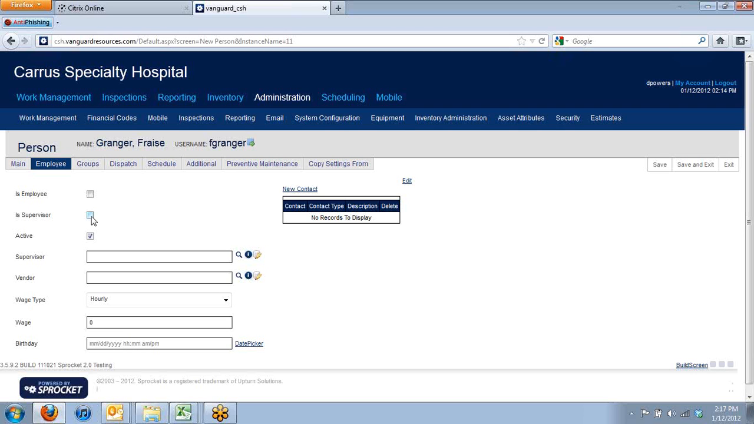But I'm also going to mark him as a supervisor. You can check supervisor, and then if you want to put who his supervisor is, you just go in here and select it. Now, the benefit to doing this is whenever you're logged in and you're under Work Management, when you go to My Work Orders, it shows you all the work orders that are assigned to you, as well as all the work orders that are assigned to your employees. So